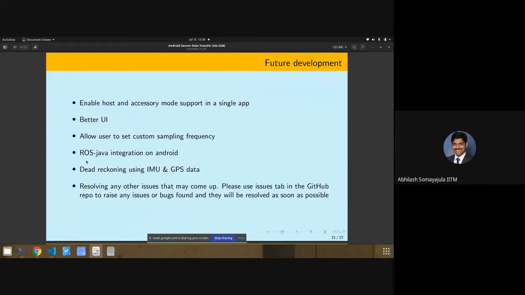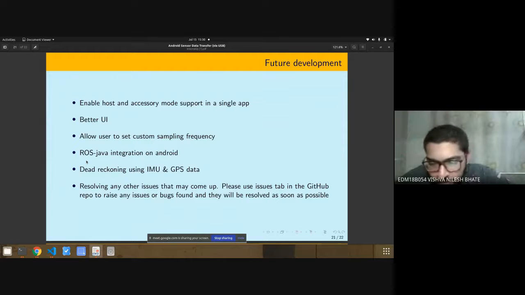I think ROS recently launched its own mobile application, ROS Mobile, which does a similar job to this application, but it's a very extensive application. Like, it has a lot of other functionalities as well. On their GitHub, they haven't mentioned which version they are using, but they said it's tested with Melodic, and ROS Java as of now is only supporting till Kinetic, I guess. So I think it should work, but I don't know. Noetic is a very different build, so I'm not sure if that integration will work as of now.